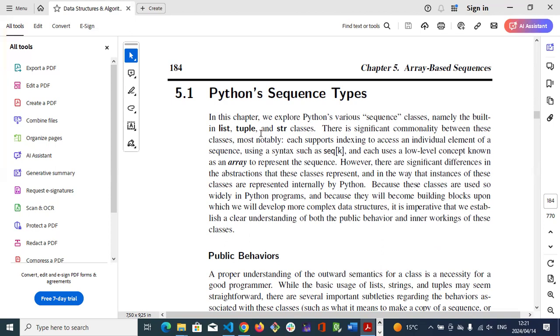If you have a list of items like car names, storing the cars in single variables could look like this: car 1 Ford, car 2 Volvo, car 3 BMW. But you can just put in one variable and say, okay, I have cars: Ford, Volvo, BMW. There are significant commonalities between these classes. Most notably, each supports indexing to access an individual element of a sequence using a syntax such as seq[k], and each uses a low-level concept known as an array